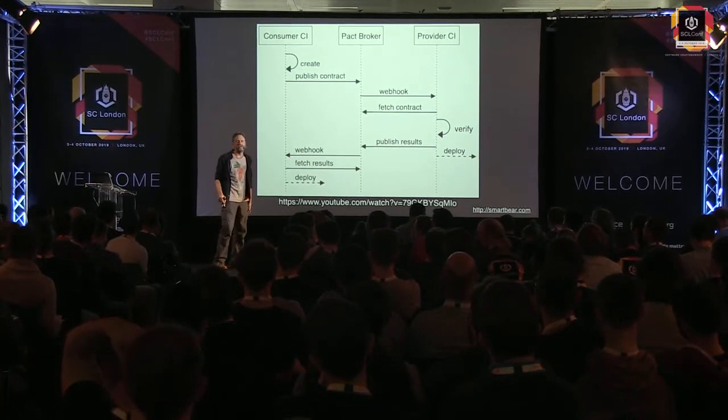So the question there is whether there is one place where this definition is, and the definition is the DSL that you wrote in your unit tests. When you write your unit tests in the consumer, in the same way that you would if you were using Mockito or something like that, you'd say if it receives this parameter, then it's going to return this value. So you express that in the DSL. It talks about what's in the body, what's in the header, what the return code should be, and what the body of the return should be.